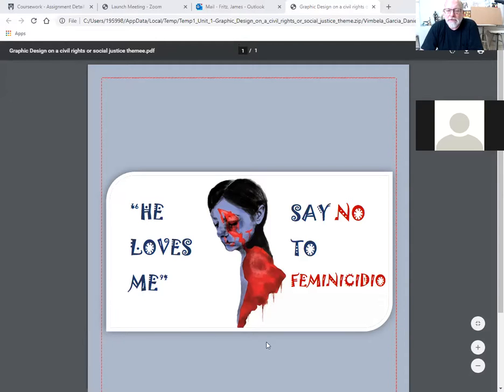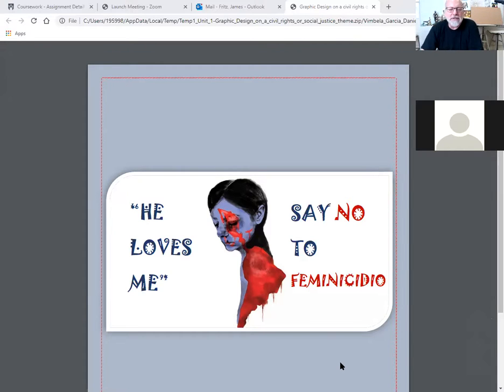I was also looking at the outside edges of this shape. We've got two squared off corners and two rounded corners here. That's interesting, because it also calls attention to itself in terms of the formatting of this shape. It's not just a rectangle, but we've got these radiused corners on two sides.